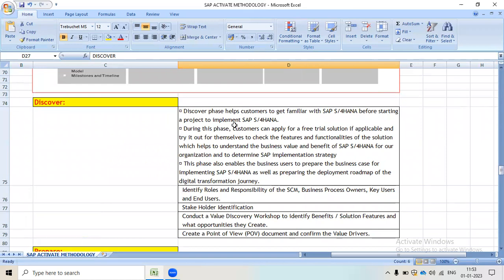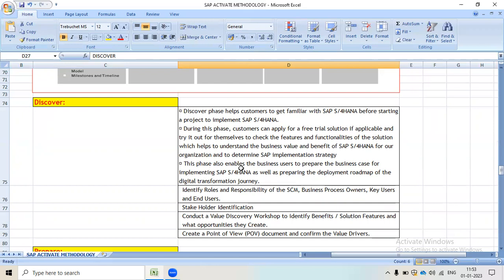So the Discover phase helps the customer to get familiar with SAP S/4HANA before starting a project to implement SAP S/4HANA. During this phase, the customer can apply for a free trial solution if applicable and try it out for themselves to check the features and functionality of the solution, which helps to understand the business value and benefit of SAP S/4HANA for our organization, and to determine the SAP implementation strategy.